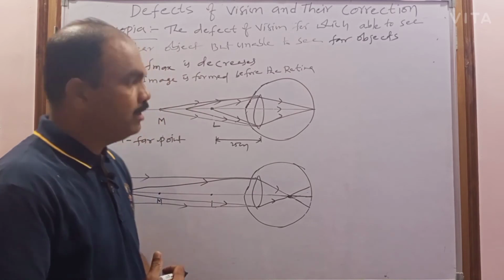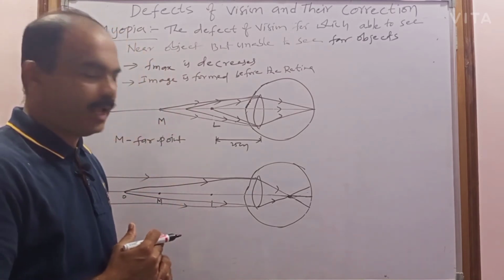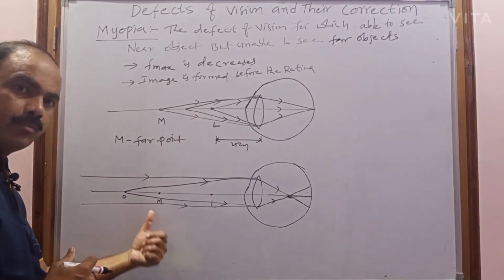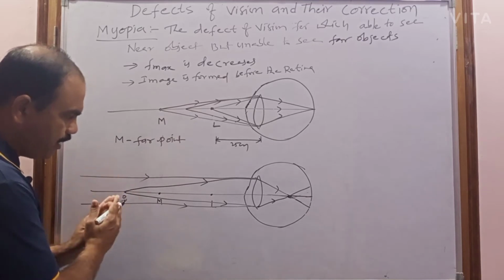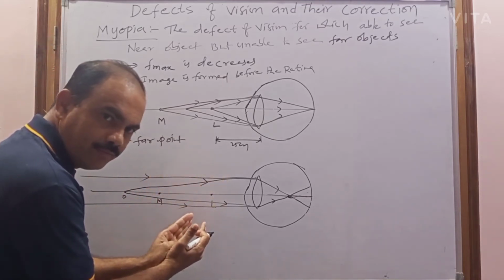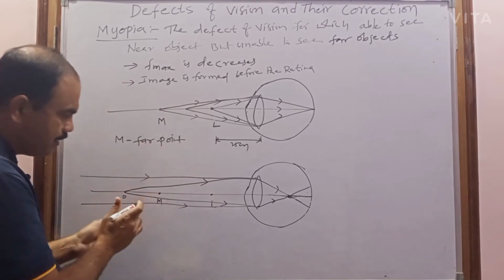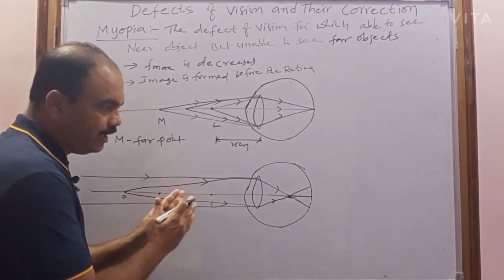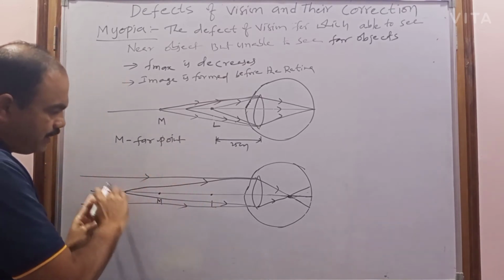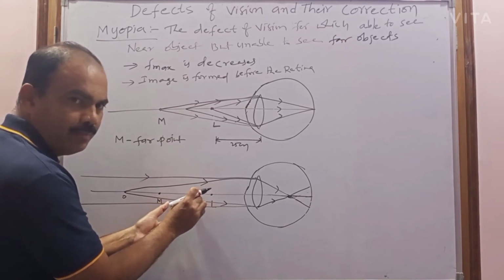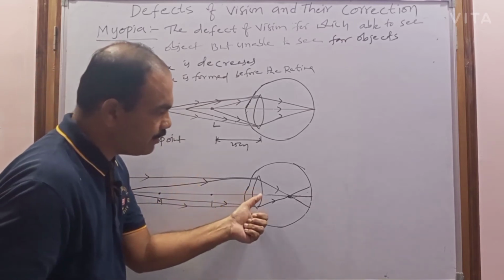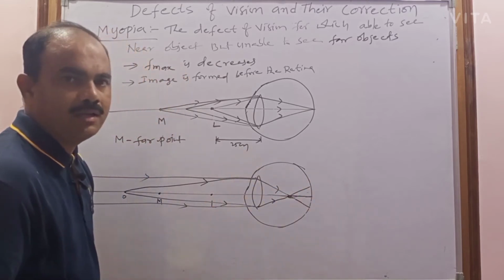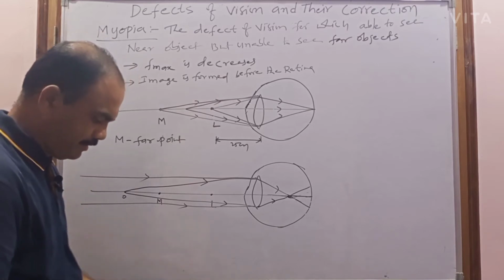So now what is our aim? So how can we remove this myopia? Actually, the object is beyond M. Object అనేది beyond M అంటే M కు అవతల ఉన్నది. సో అవతల ఉన్న దాన్ని ఏం చేయాలి? ఏదో ఒక లెన్స్ యూజ్ చేసి, what we have to do? We have to bring this image of the object at M or between M and L. So then when that image of this object is at M or between M and L, then what happened? So now that image can act as an object for this eye lens. So then finally the eye lens can form the image on the retina.